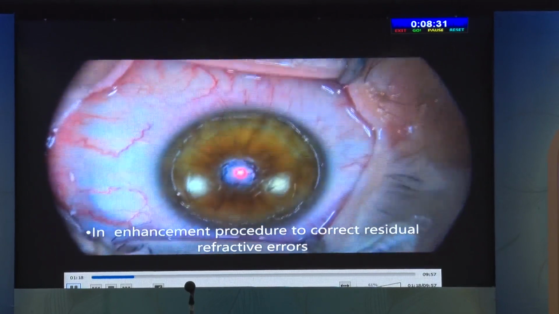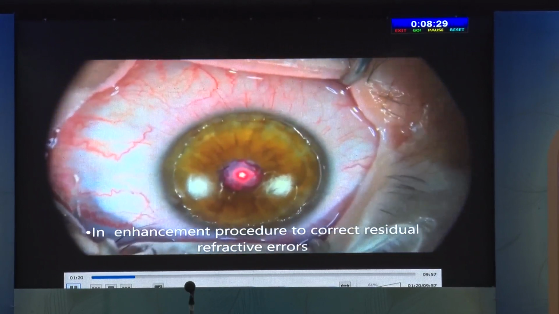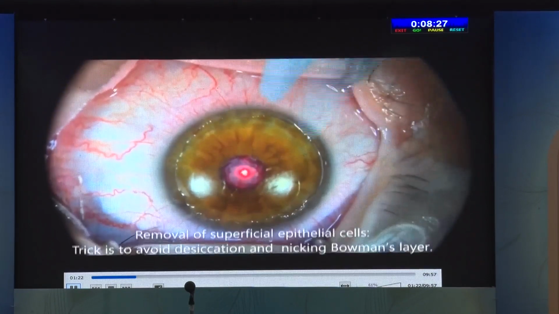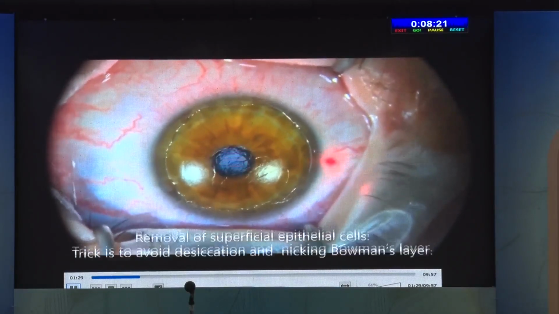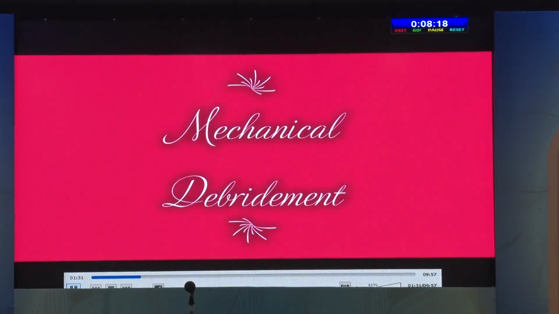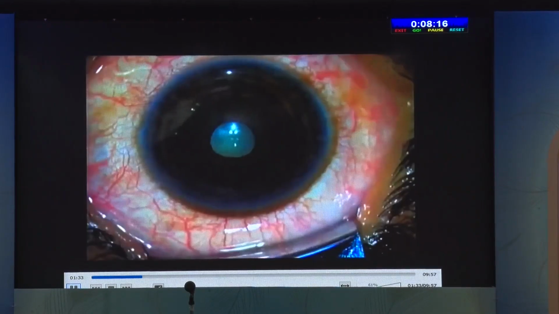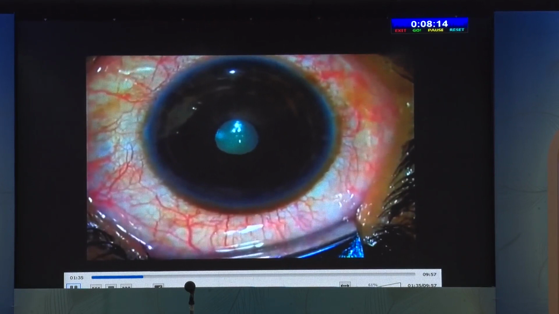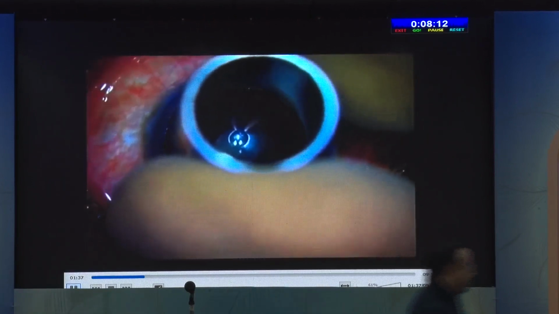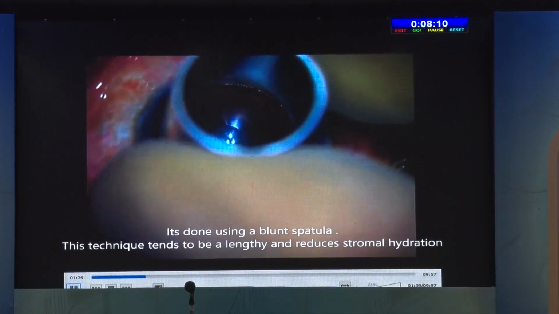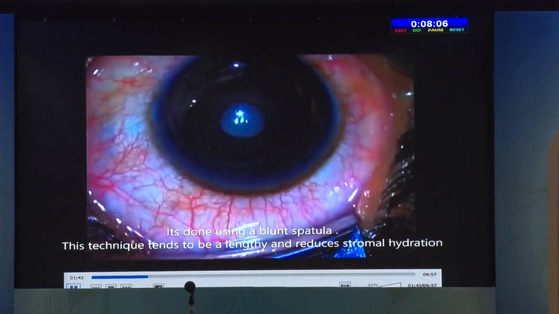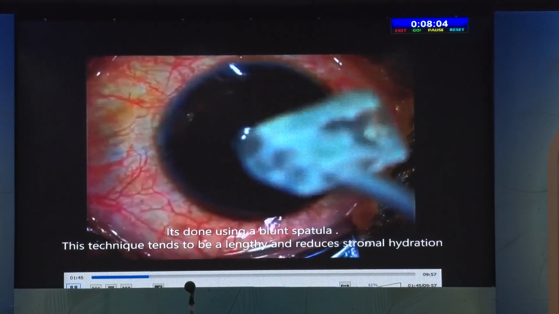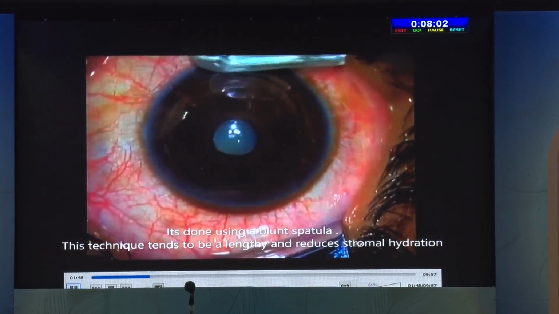In these cases, when you do PRK, what is most important is how you do epithelial debridement. That is the key: whether you are doing it fast enough and how little trauma you are giving. So we have 3 mechanisms. One is mechanical removal of the surface epithelium. In these patients, you have to put a lot of proparacaine so that the epithelium is loosened, and then use a blunt spatula to slowly scrape it off.